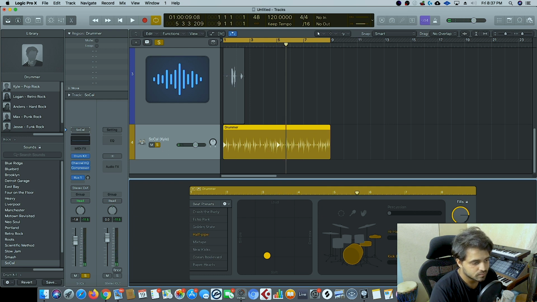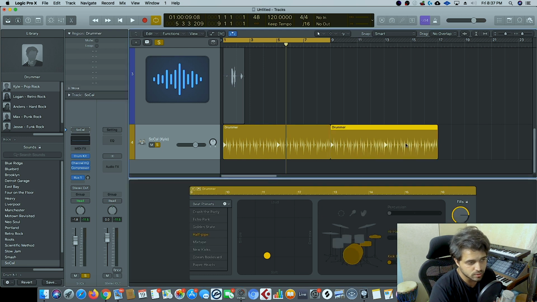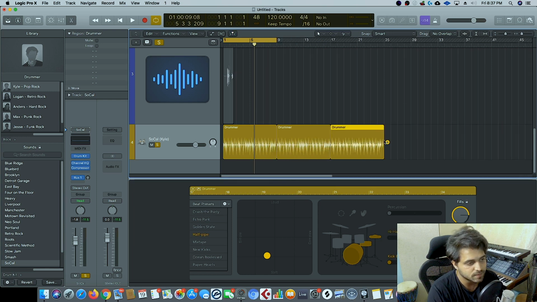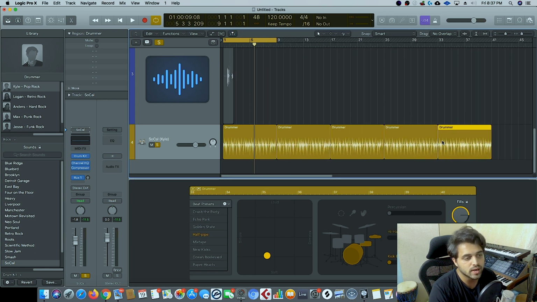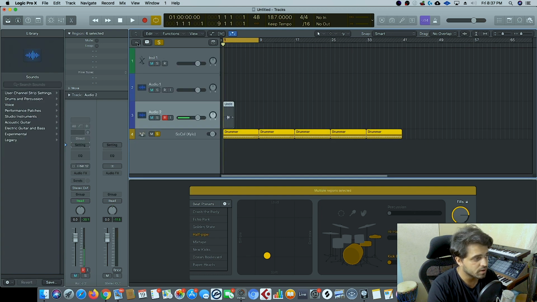And the kick and snare, you can just increase the number of kicks or change the patterns of the kick and snare by choosing different ones. There are 8 types given here. And if you want to add more loops, you can just hover the mouse to the end and click on plus, and it'll go on adding loops. And this is already synced with your project tempo, so you don't have to worry about it. If I change the project tempo, you can see that the loop adjusts itself. That's the drummer track.